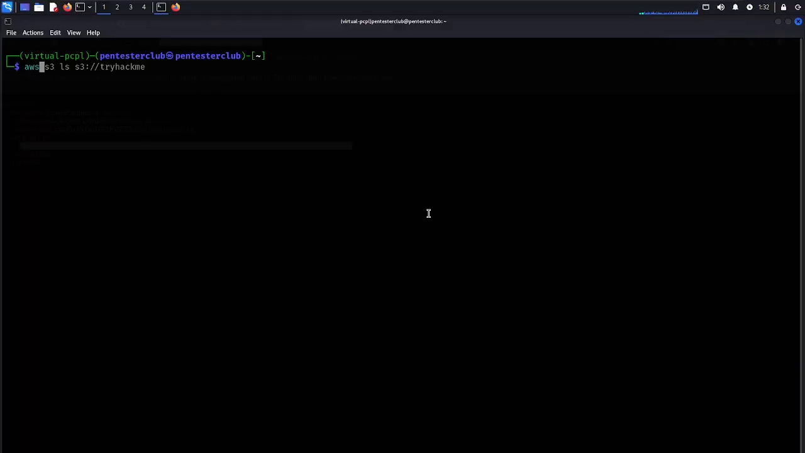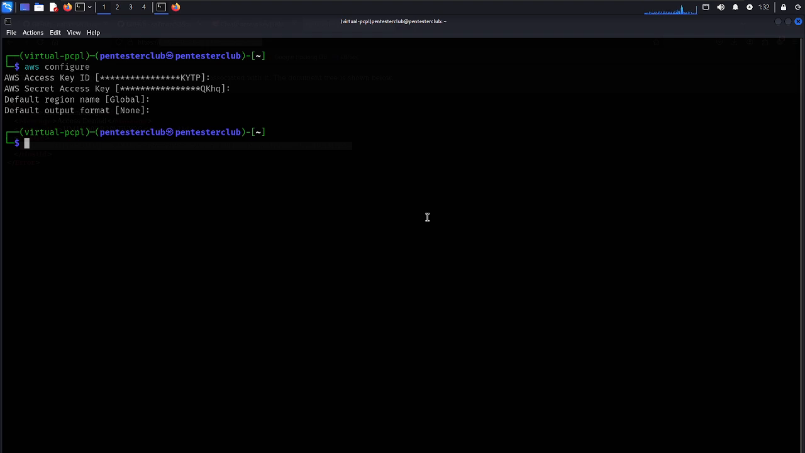Now again we just type AWS configure. It will ask, because I already configured it with my AWS access key and secret key. Then the region is global, then the output format is none. That's it. Once you have done that, just type nano